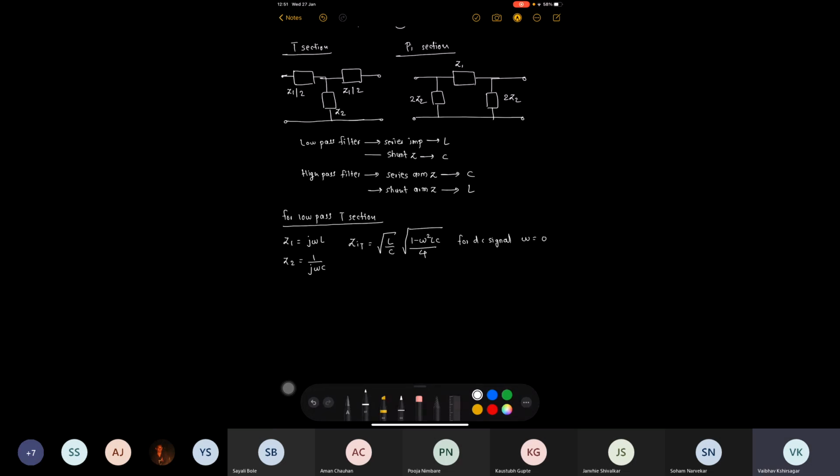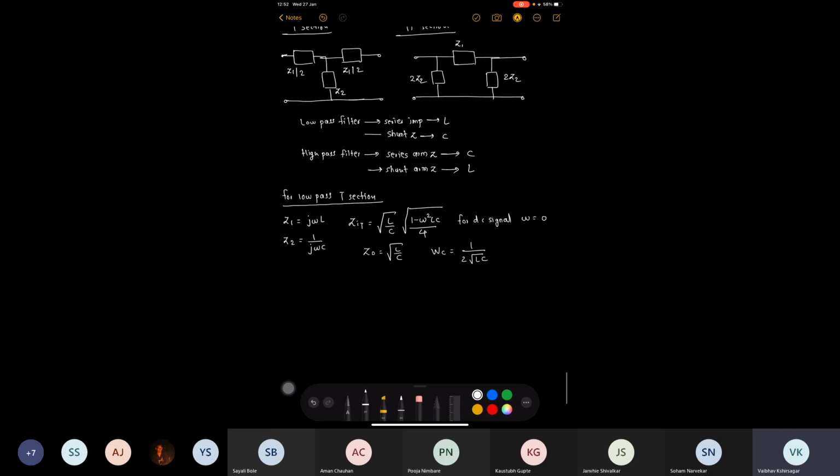And this can be written simply as Z0 is equal to under root L by C. Okay? This is when the frequency is DC frequency. And how is the cutoff frequency given? Cutoff frequency is given as omega C is equal to 1 upon 2 under root LC. Okay. So these equations you need to remember because these will be required in order to design the constant K section